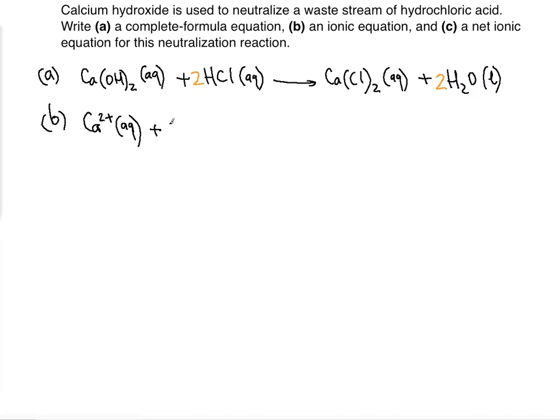But there's a subscript 2, so we have to write a 2 like that, right? Because we're going to write it in ionic form, so we can't use the 2 as a subscript, right? We have to write it this way. 2 is the coefficient. Okay, and then one more, 2H plus, and then one more thing, 2Cl minus, aqueous,